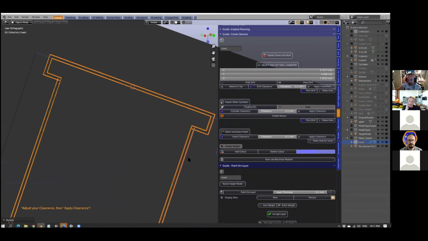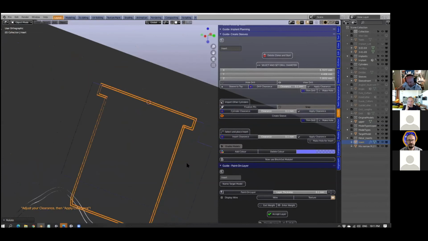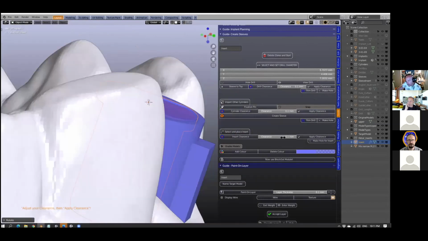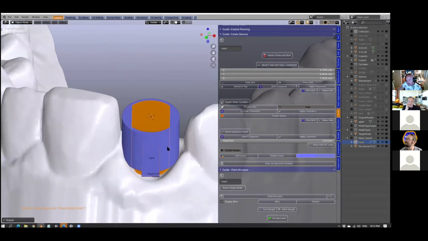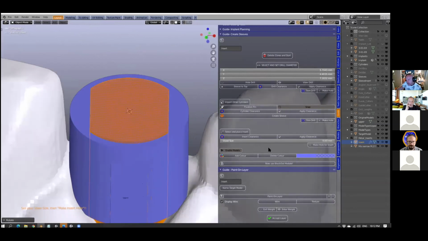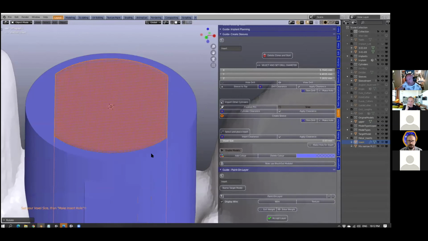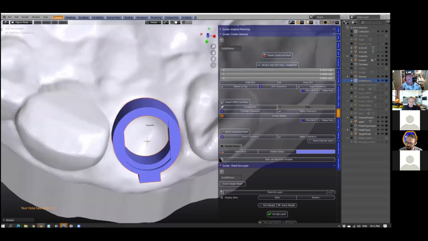It solidifies it at 0.1. Okay. Then from there on, we will apply this clearance. That remeshes it quite fine, actually. You see 0.03. Yes. And then we just make hole for insert. Okay, and then that will cut the hole, and that will then fit. All right, so let us just quickly go to the last section,